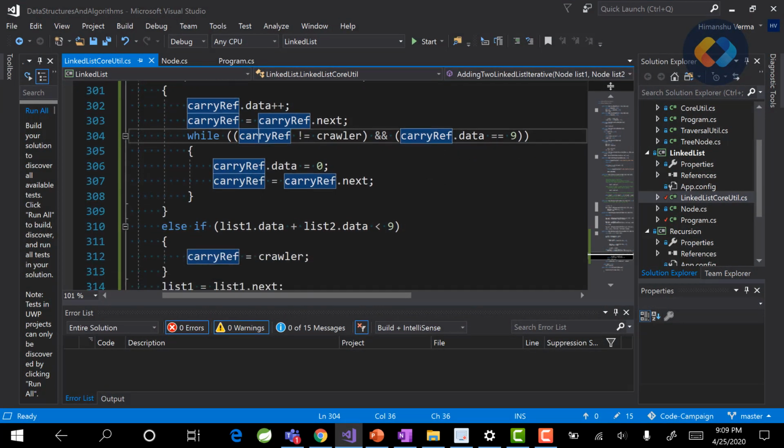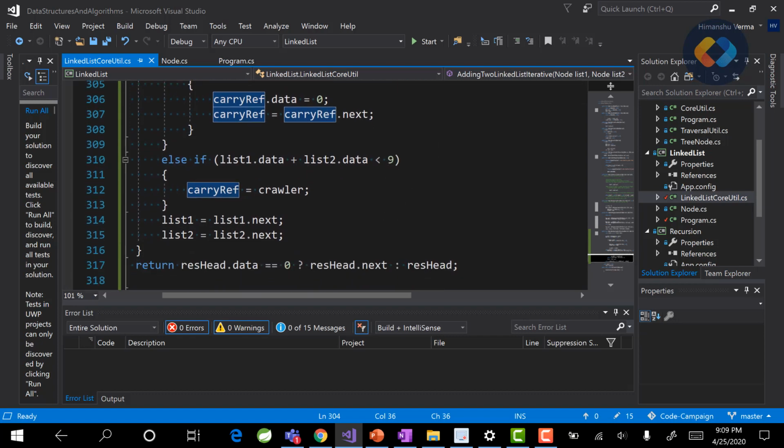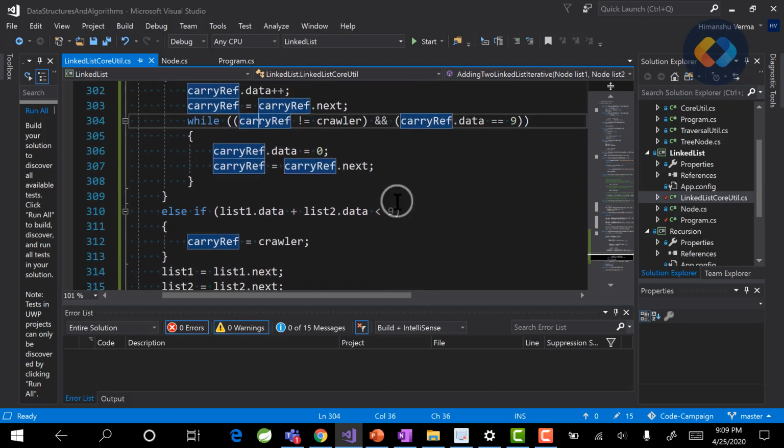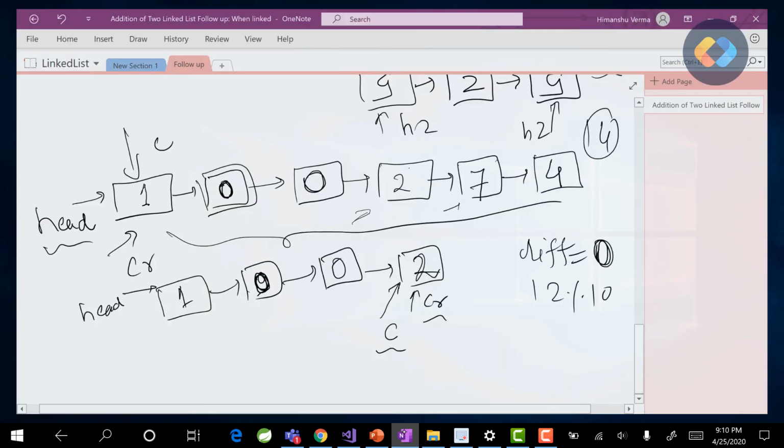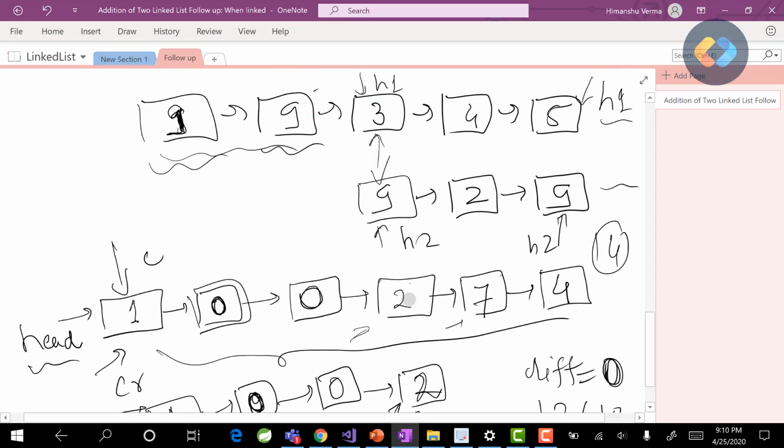Now again, because our lists are not empty, we'll just move list 1 and list 2 one forward, so basically h2 will go to the next node, and this will come to the next node.